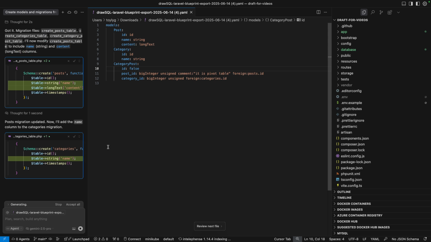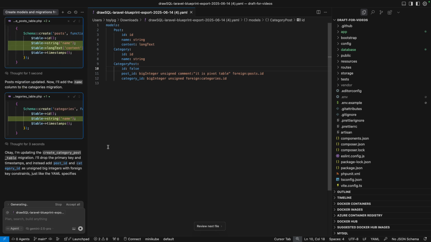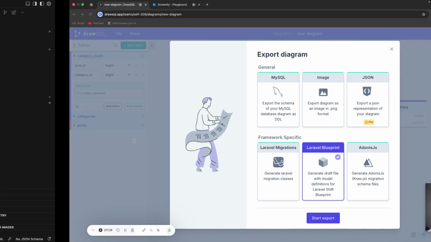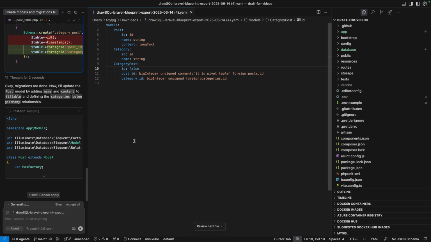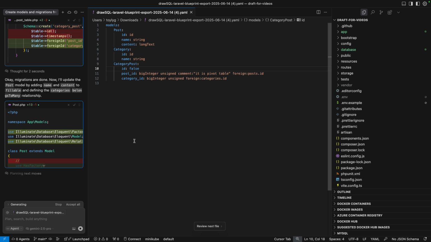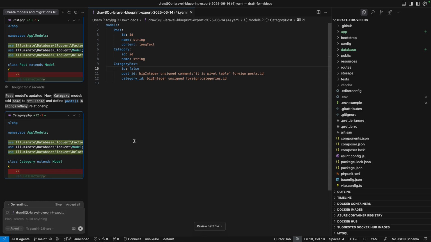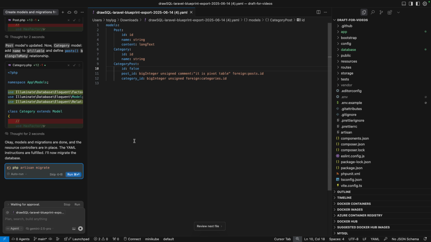So generally what it does here is that one file can help you to boost right away with your migrations, with your model creation. It directly shows in the best way, I mean the visual way, what belongs to which, and gives Cursor the proper names and proper understanding to make things up. So you can get a boost start right away making models, enums, because you can choose the enums in DrawSQL, controllers, your factories, and whatever else is required.